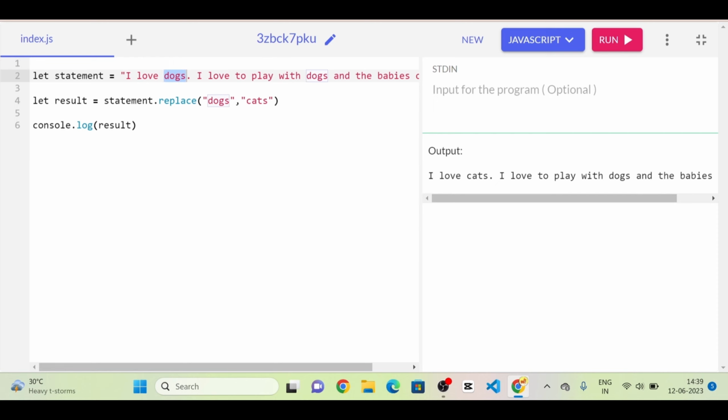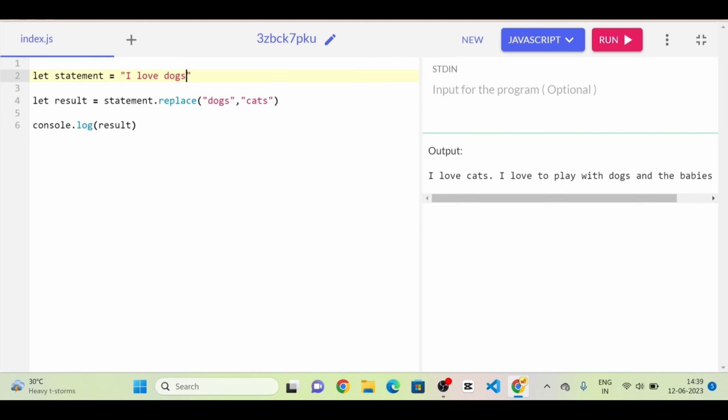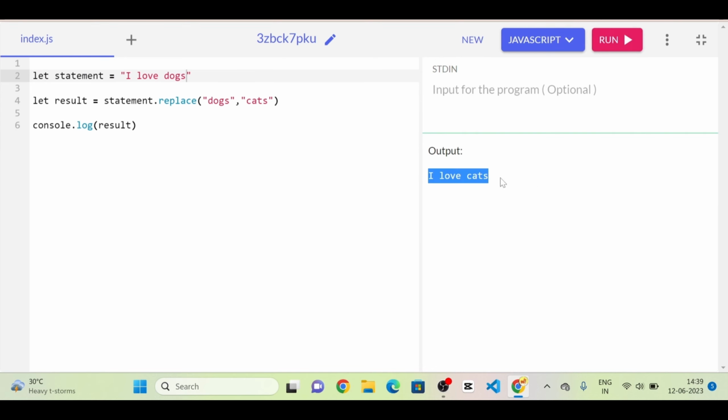But there's one problem. Here it says I love cats, I love to play with dogs and the babies of dogs. That is not good. We need to replace the dogs here and also from here. So here using replace is not the proper way. If I remove this sentence, then in this case using replace is not an issue. I love cats, no problem. But in the previous case,